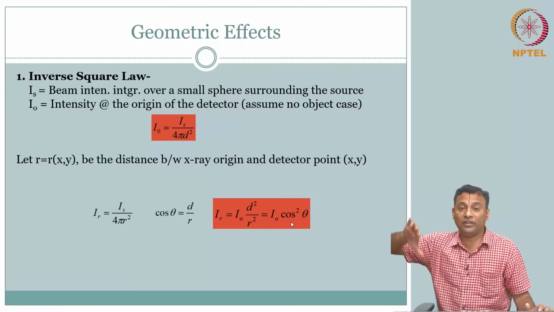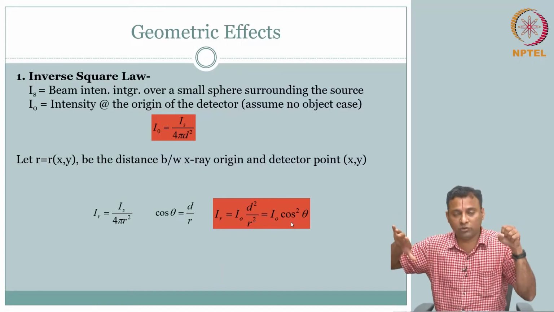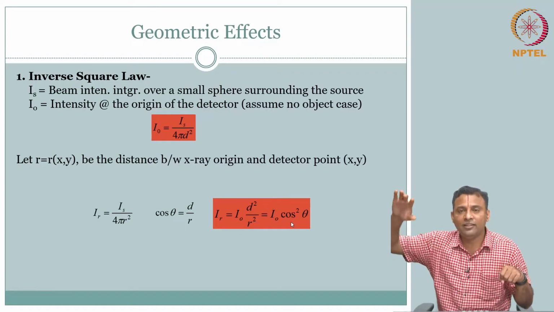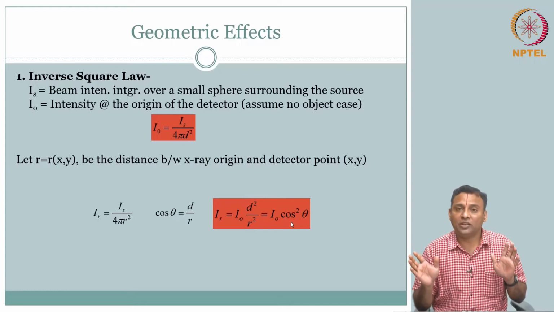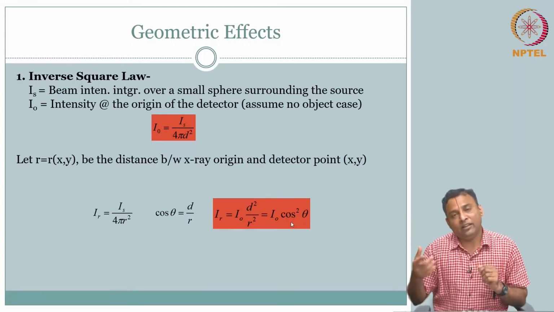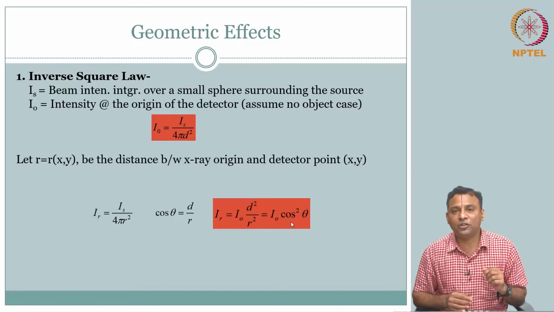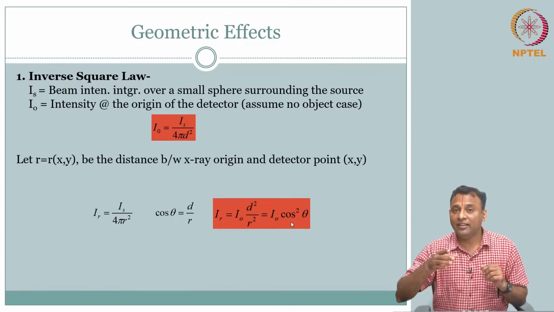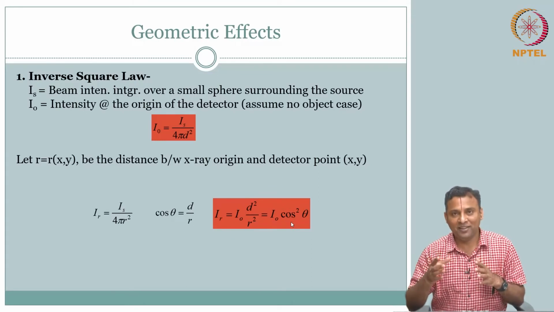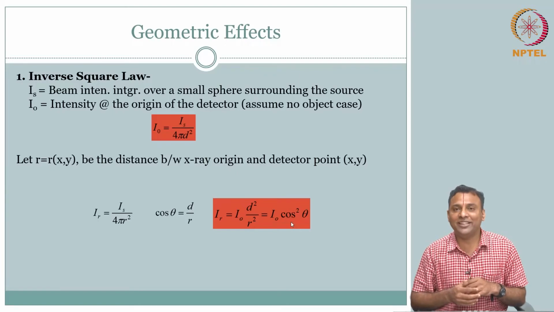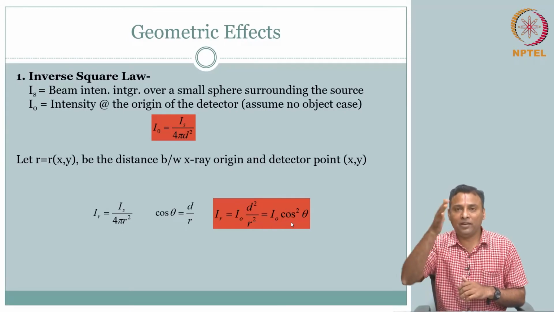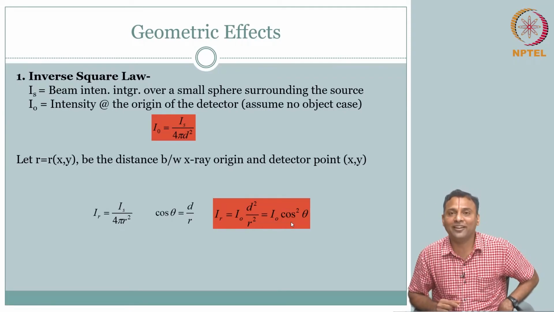So, if you look at the image at the detector of a point source, you are going to see a fluctuation that is not homogeneous. This is without an object. So, now you see the problem. If I have an object and I see this fluctuation, will I interpret that as the object having a very patterned attenuation coefficient, or the object having a cosinusoidal shape? If mu is the same, does it say the object is cosinusoidal in 2 dimensions? The plane is not a plane, but it is having a cosine square variation,